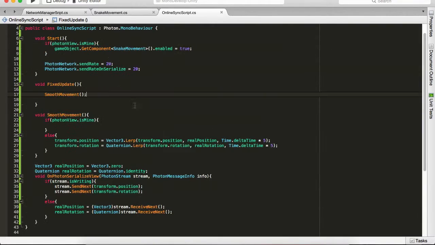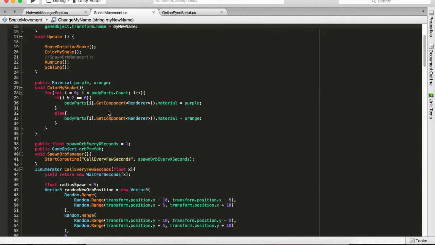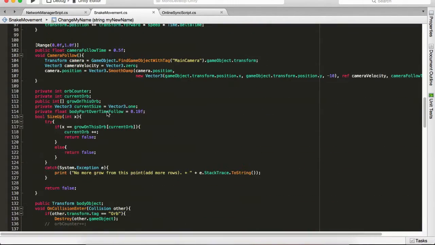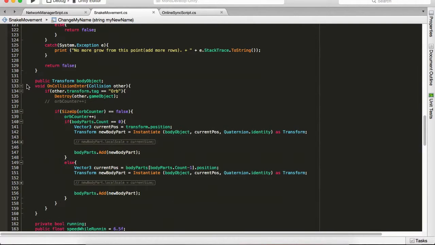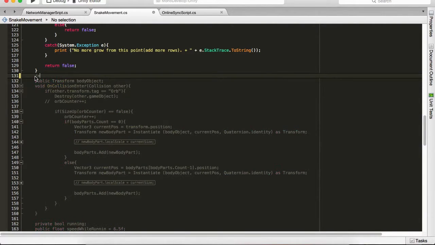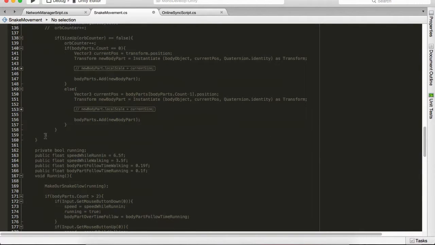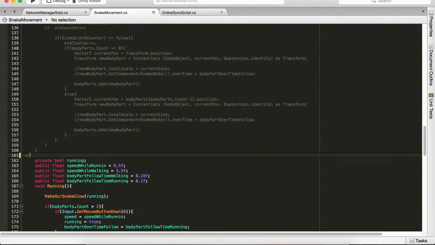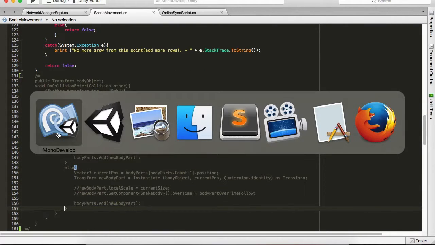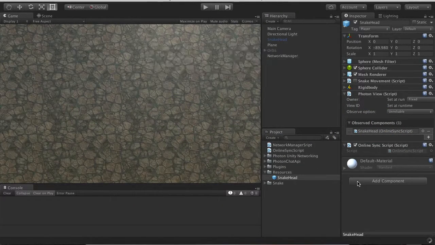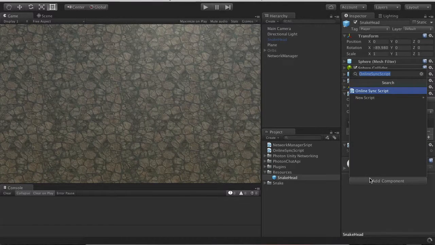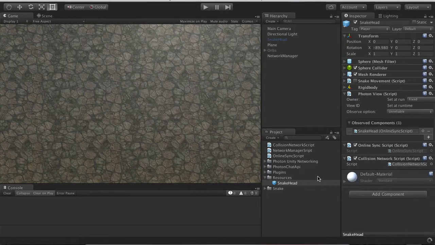The next thing we want to do is in our snake movement, we will go ahead and comment out the on collision, so nothing happens here, and we're going to create a new script for our snake which we'll call collision network script. We're doing this in C#, of course. Wait for it to compile